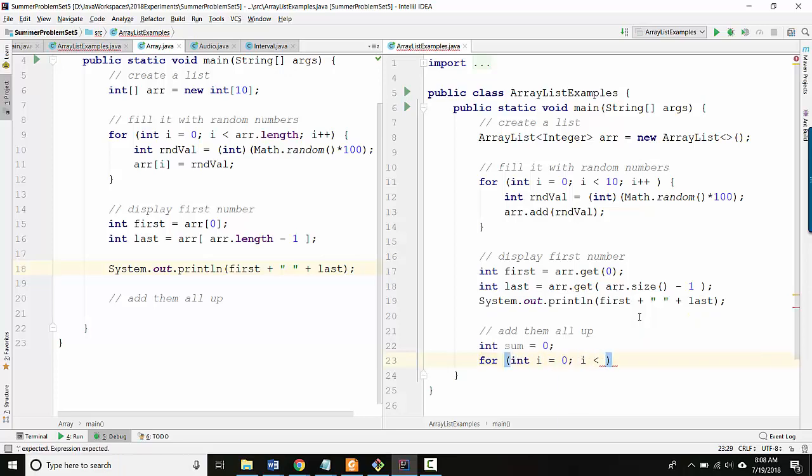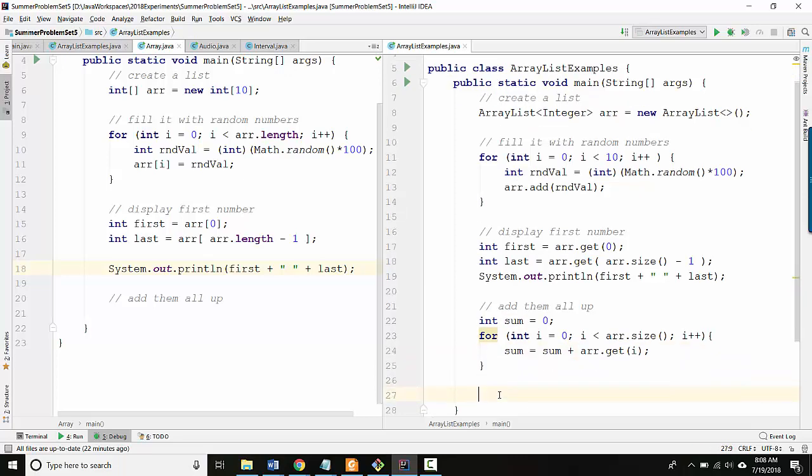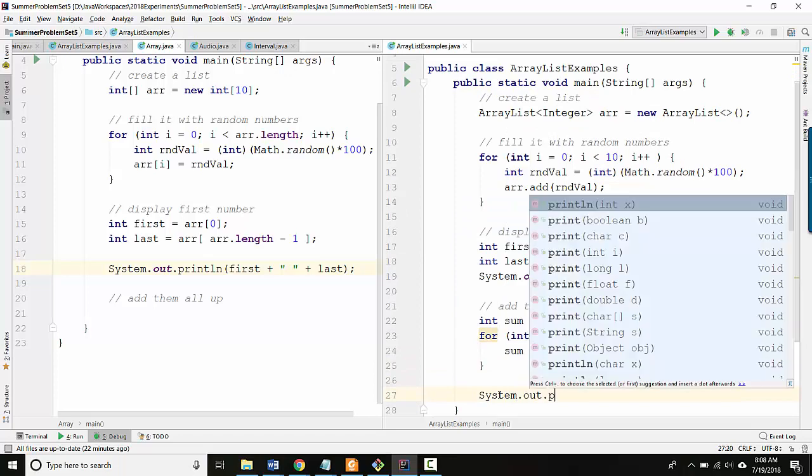So i equals 0. Now I can say i less than array.size, because at this point in the program, I've already put the things that I want into my array list, so now I am actually looping over each of the pre-existing locations. And now I'll say sum gets sum plus array.get(i). In other words, I'm saying take the current sum right now, and then add into the sum the next number in the next location in the list. And then at the end, I can say